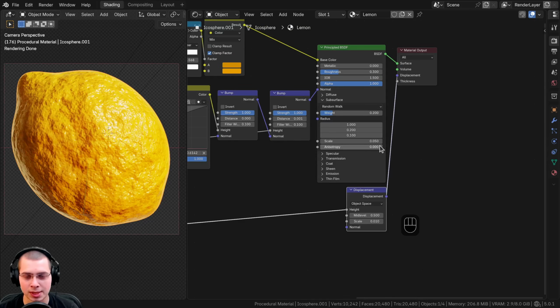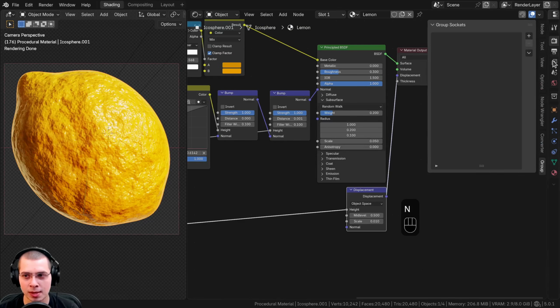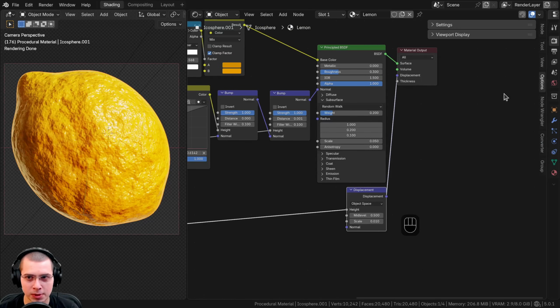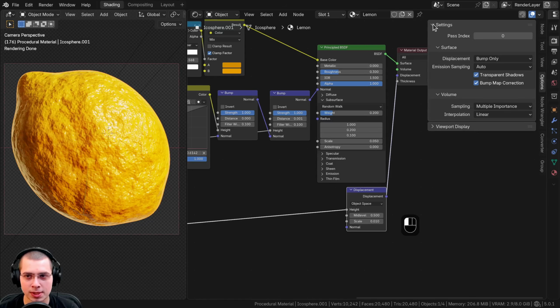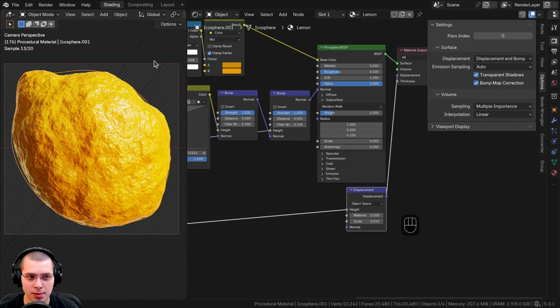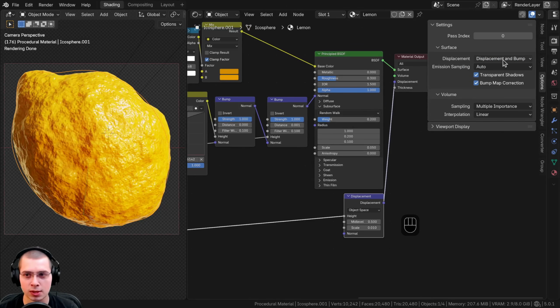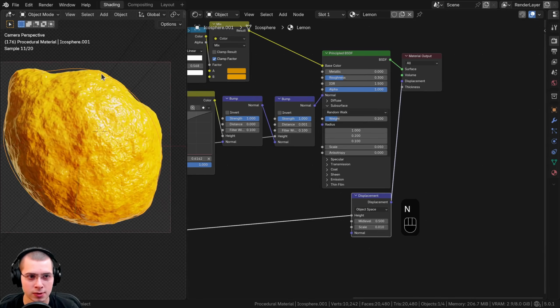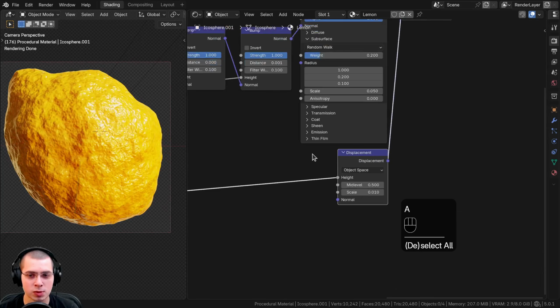That's because I need to hit the N key to open up the side panel, and I want to click here on the Options tab, and let's open up the settings and go to Surface, and on the bump only on the displacement, we want to change this to displacement and bump. So this is telling the material that it can use the displacements, so I'll just hit the N key to close the side panel. So now you can see it looks all nice and bumpy, but that's way too strong,